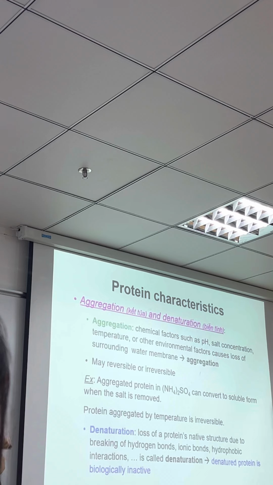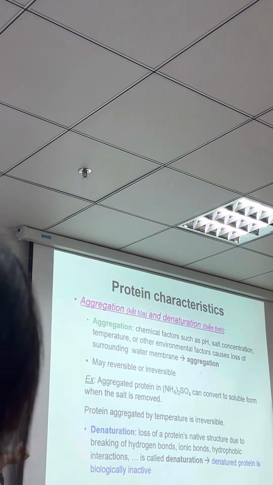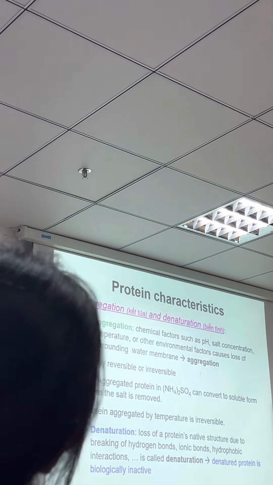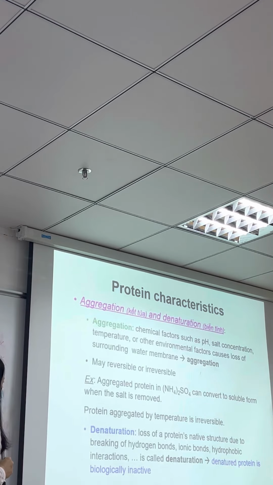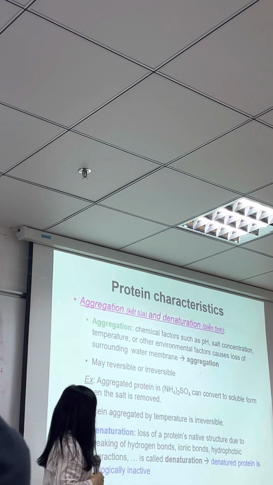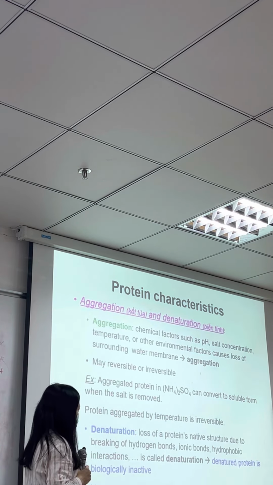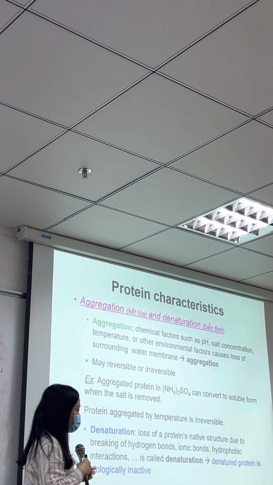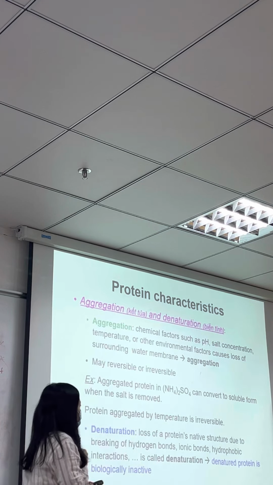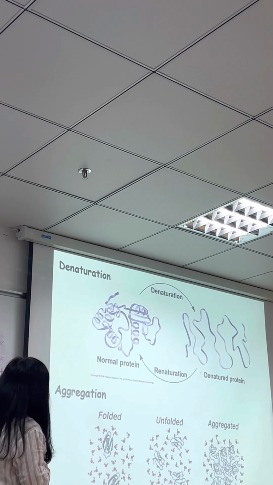similar to aggregation. If you try to break the structure of a protein by heat, by temperature, or by chemicals, in that case some bonds between amino acids will be broken, and the protein loses its conformation. We call it denaturation. For example, in this case,